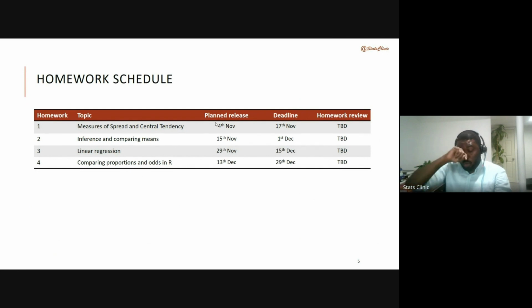Then we'll have homeworks, and one of those homeworks we'll release today with a deadline in about 2 weeks. Each homework will spread over about 2 units of the course. The idea is that you will have reviewed the material, and the homework is going to help you. It's going to force you to think about what you've learned and remind you. Again, you're not doing this for school or anything, but you're doing this to learn for yourselves, and the homework is part of that learning.